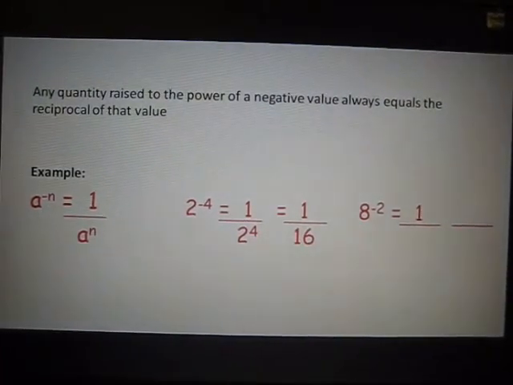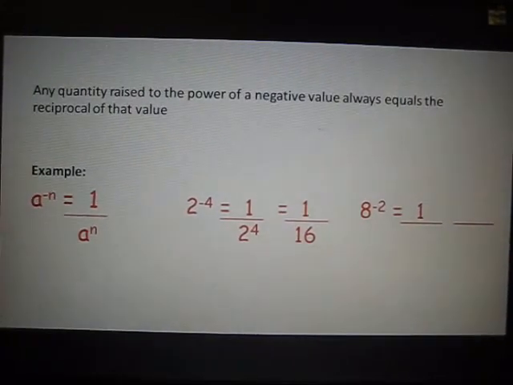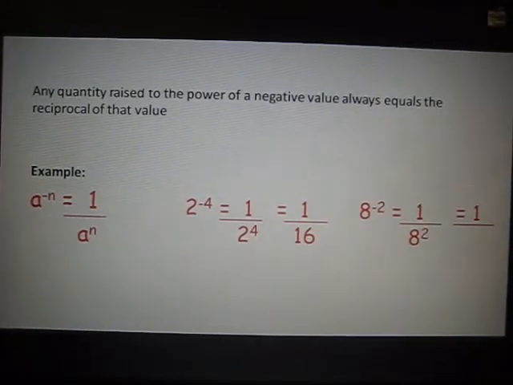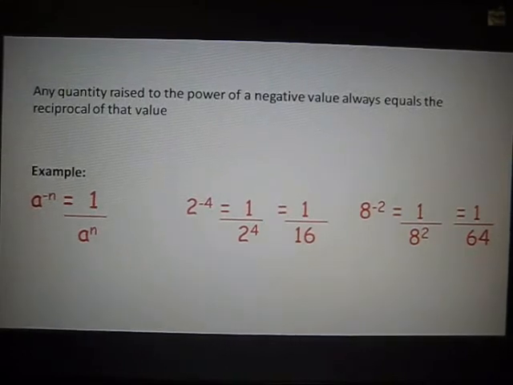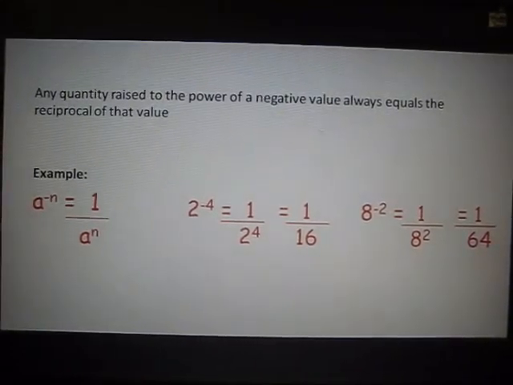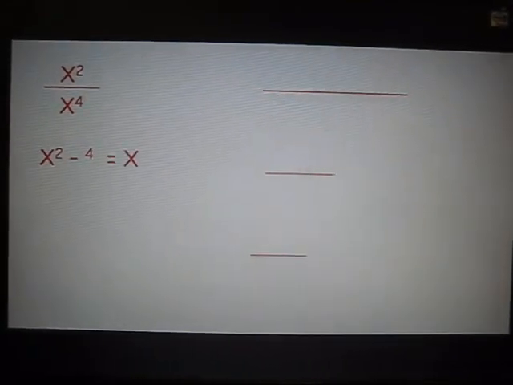Lastly, we have a to the power of negative 2, which equals 1 divided by a to the power of 2, which when simplified equals 1 divided by 64. So would you like some proof? Let's take, for example, x to the power of negative 2. Let's say we have the value x to the power of 2 divided by x to the power of 4. According to the division rule again, we keep the same base and subtract the exponents. So that becomes x to the power of 2 minus 4,